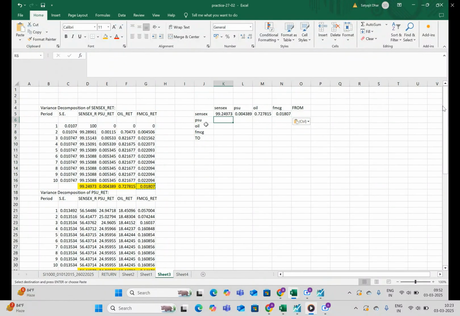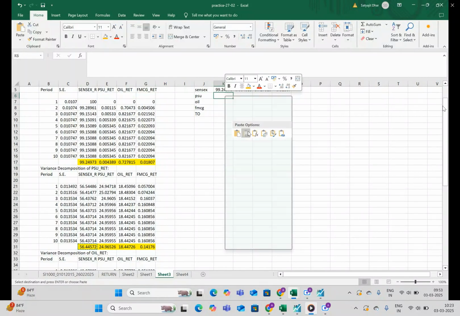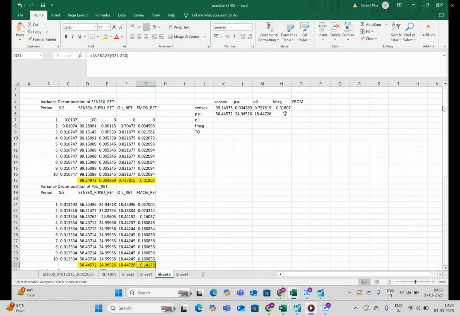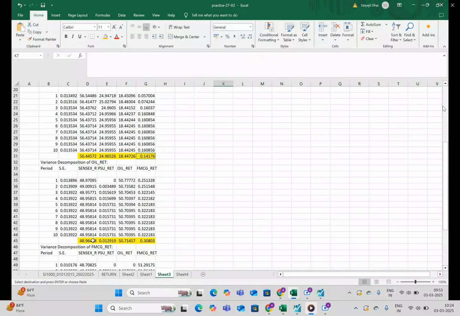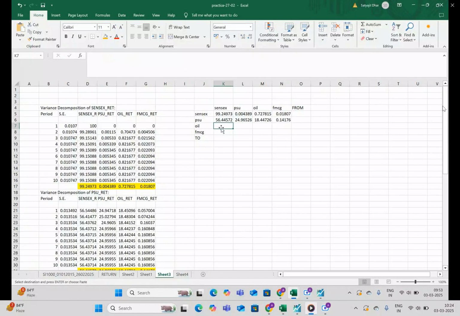So the average amount of shock that PSU is getting from Sensex will be the first thing, 56.44572. The average amount of shock that PSU is getting from itself, which is actually not very high, shows that PSU is actually impacted a lot more by other market externalities than by sectoral performance of itself. And then the amount of shock that PSU is getting from FMCG, and the amount of shock that the oil index is getting from Sensex,